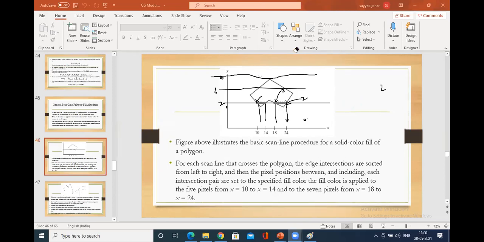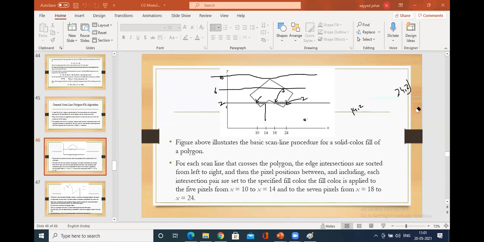So let me write once again. What you have is pixel x-axis 10 to 10, and one more endpoint is 14 to. Now clear, hopefully all of you, x-axis, y-axis. After that, again give the gap. There is no filling. Again you have x-axis 18, y-axis remains the same. Again x-axis is 24, y-axis remains the same. So till here you have to fill this area. So this is the way how you fill this scan line, right?